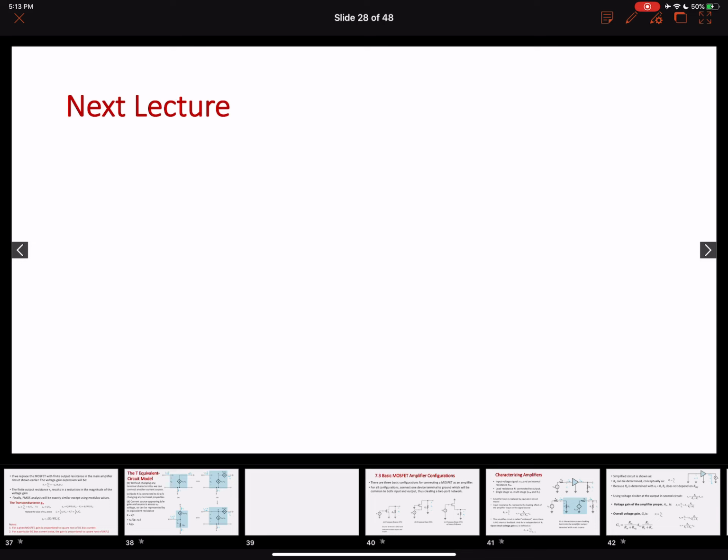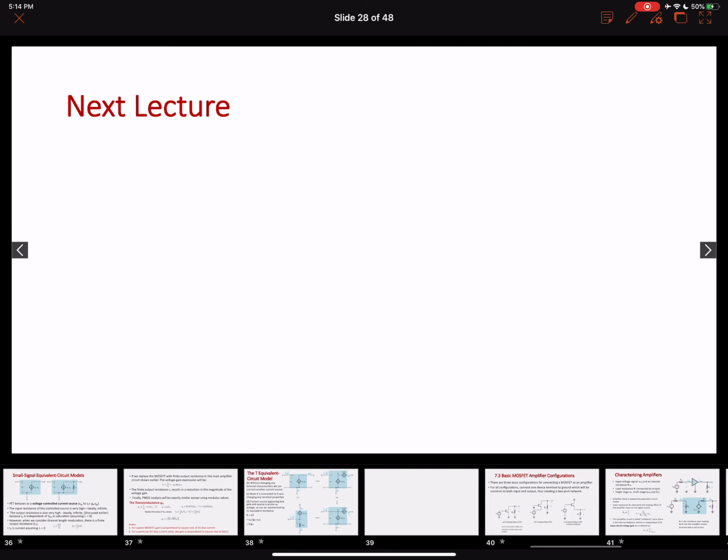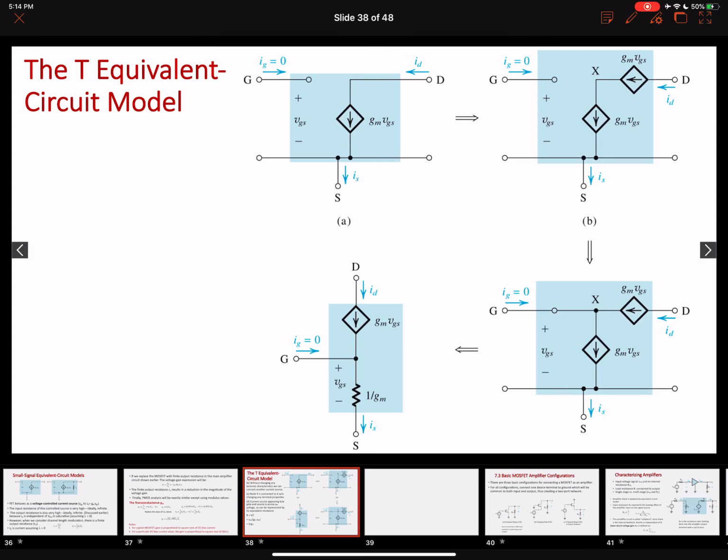We discussed what voltage swings are allowed at the input terminal that will make sure our transistor, or importantly the output of the amplifier, will not enter into the cutoff region or the triode region. We also talked about how to select a quiescent point while making sure that we get the highest voltage gain and allowable swings as well. So we finished our last lecture on developing these equivalent circuit models, and today